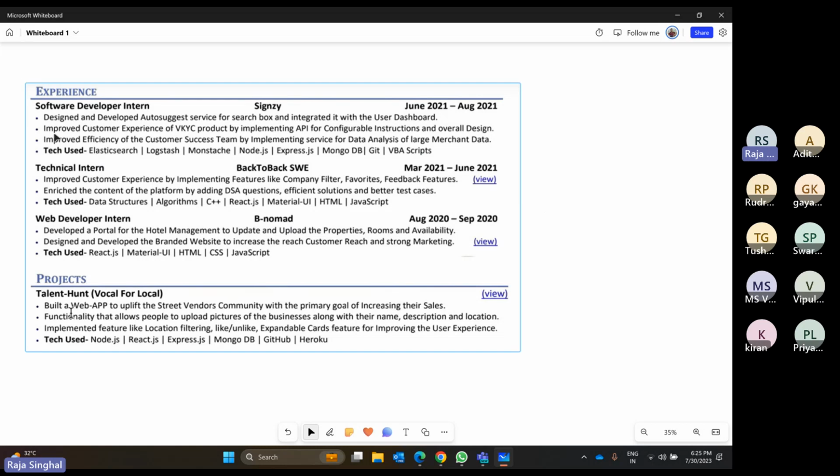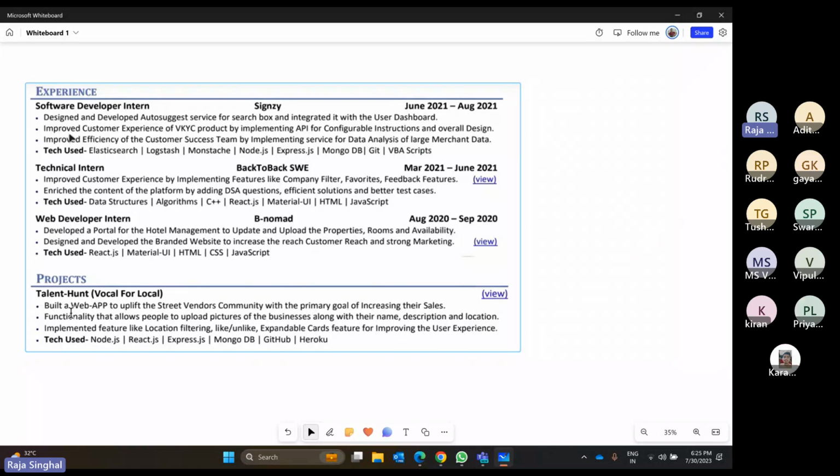For example, here you can see he mentioned that he improved the customer experience of this product by implementing an API for configurable instruction. So he clearly mentioned what impact he made by developing those APIs.